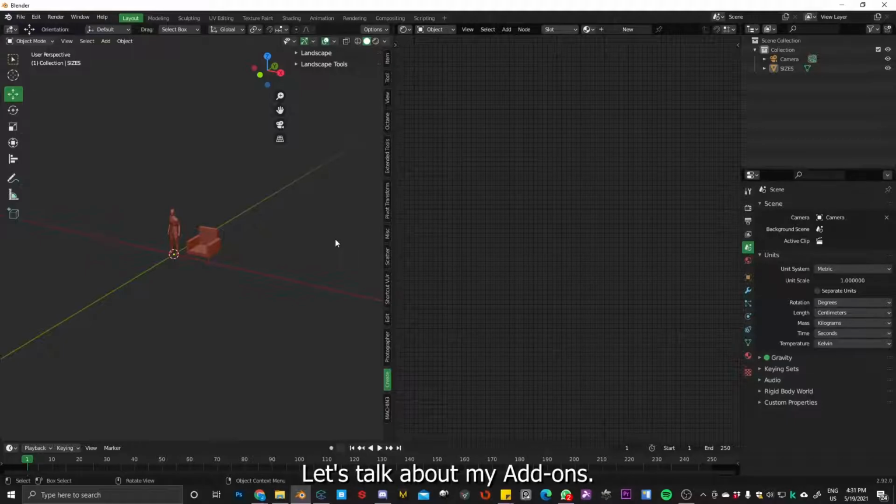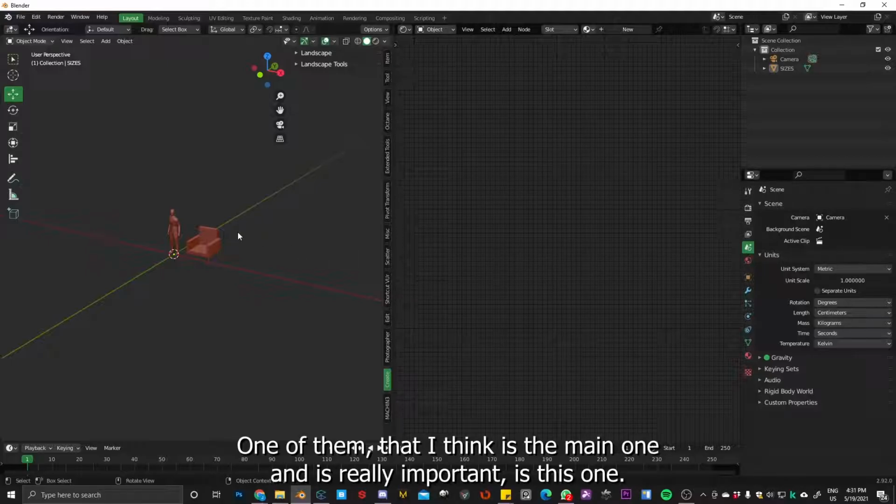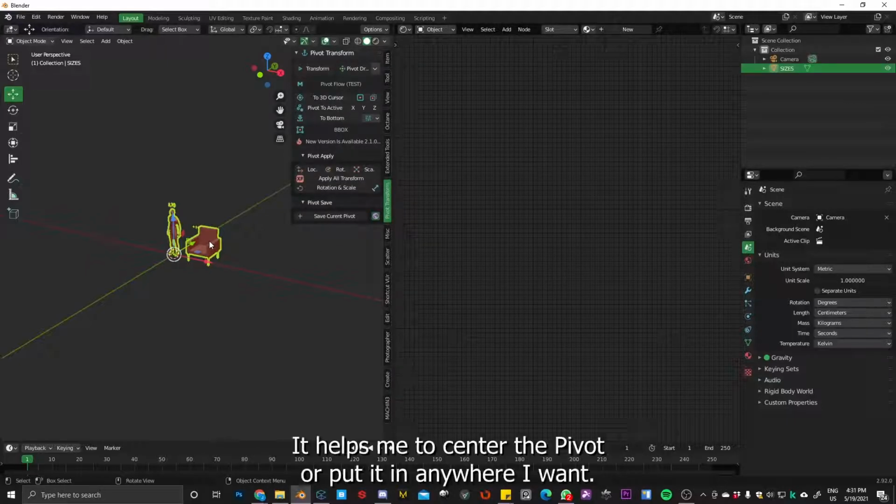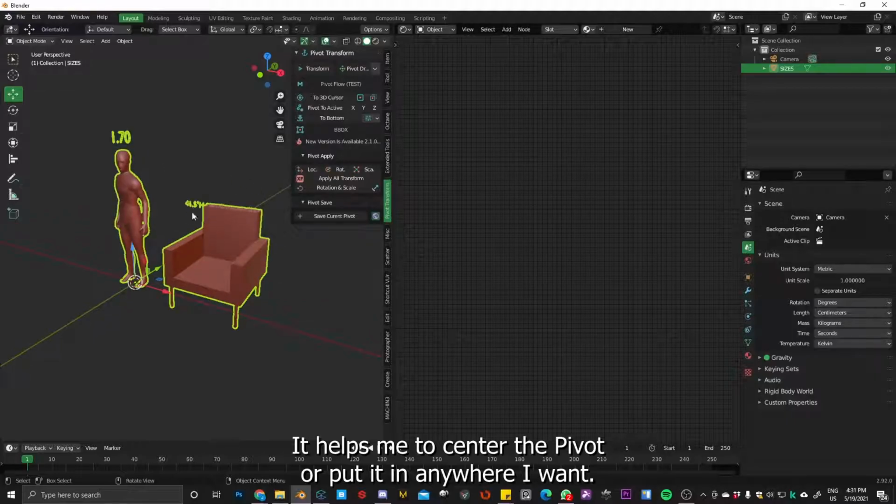Okay, so let's talk about my add-ons. One of them that I think is the main one and it's really important is this one, the pivot transform. It helps me to center the pivot or put it anywhere I want.